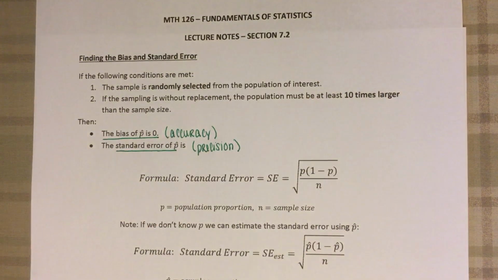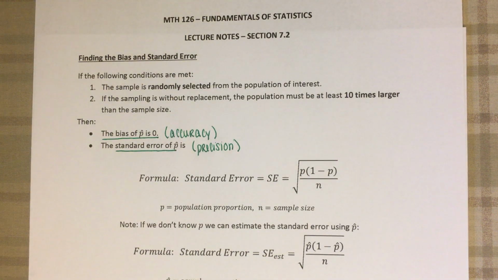The smaller the standard error, the more precise what we're looking at is. And then what we have down at the bottom here is a formula for our standard error. P is going to be our population proportion, or if we don't know our population proportion, we can substitute p hat into our formula, which is why we have the second formula. The only thing that changes between these two is if we're using a population versus a sample, but our calculations